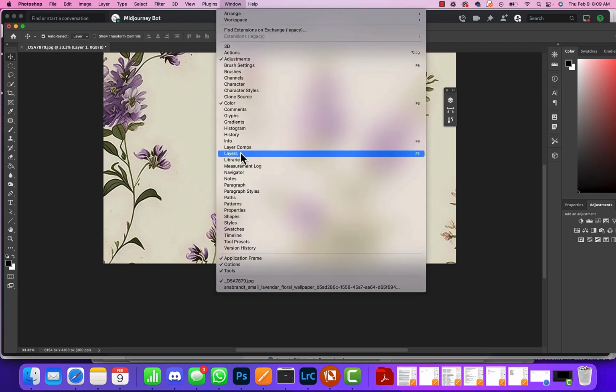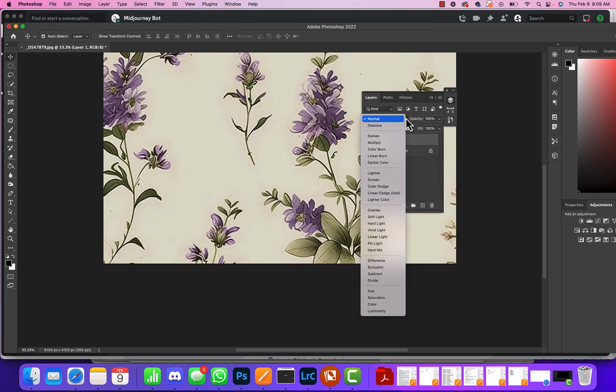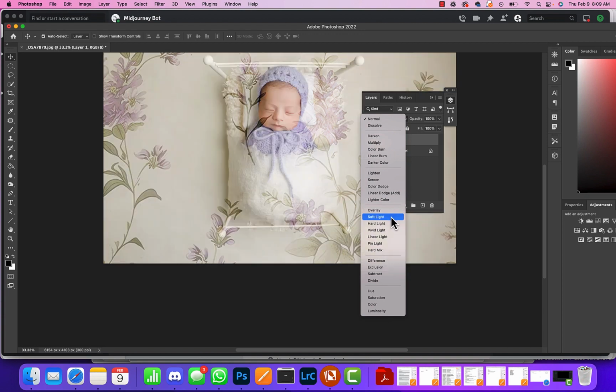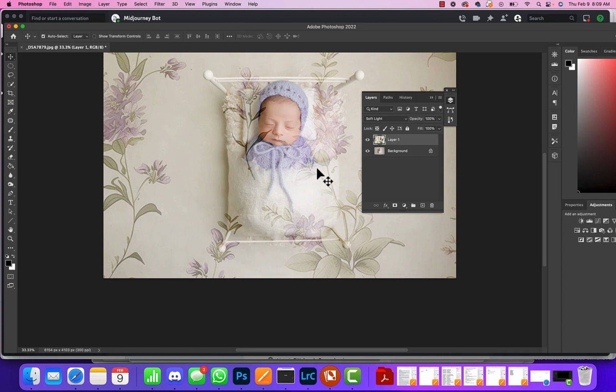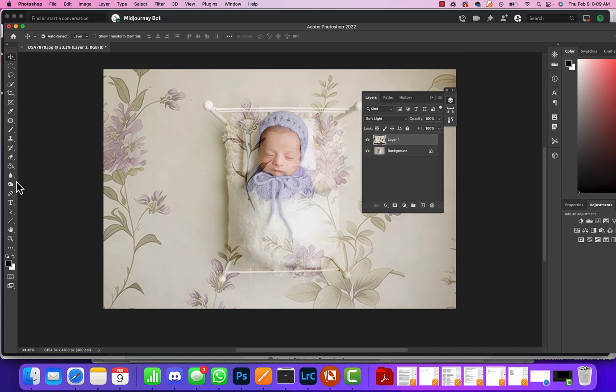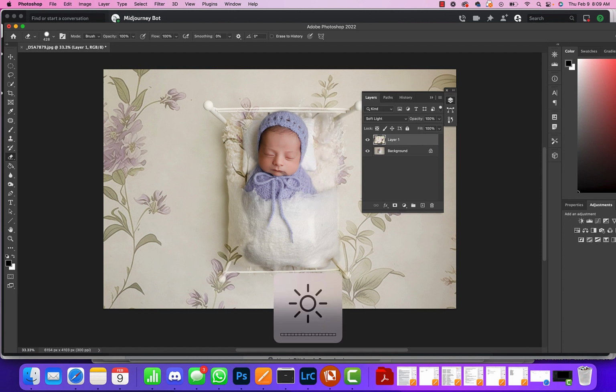Now, once I do that, I'm going to go into layers and I clicked overlay. You can do soft light. So first I did overlay, then I went to soft light. Okay. And then all I have to do is erase from the baby. Now, there's 100 ways to Sunday to do anything, but this is a super, super easy way to add an overlay to the image. Now, I am on a paid version,